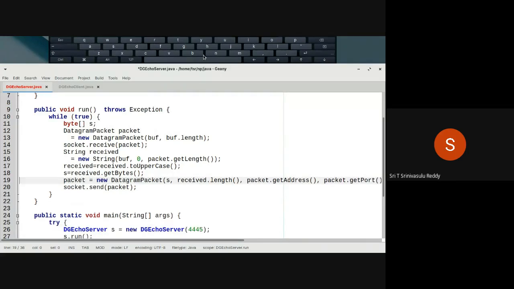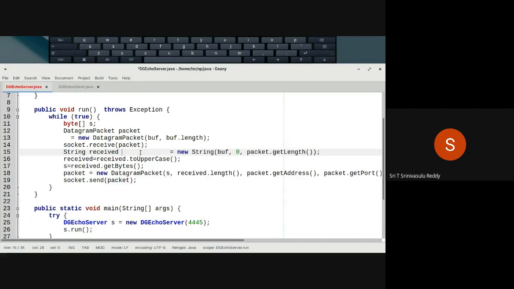So like this, once you understand, you can always tune it without any difficulty at all. And this entire thing can fit into a single line, no issue. Like this: receive dot to uppercase, then receive dot get bytes.